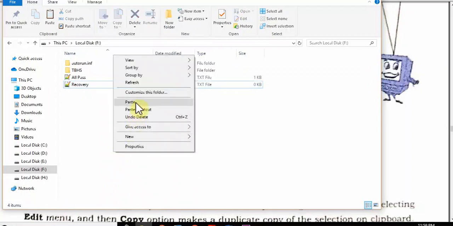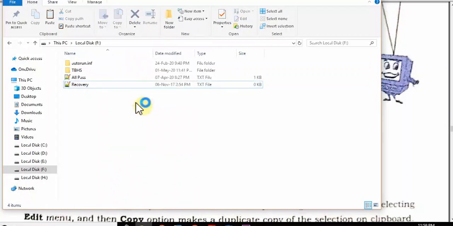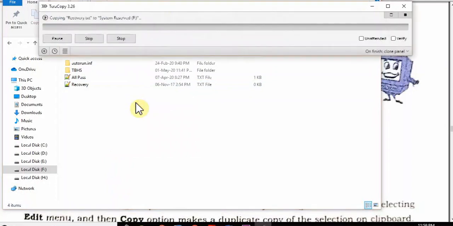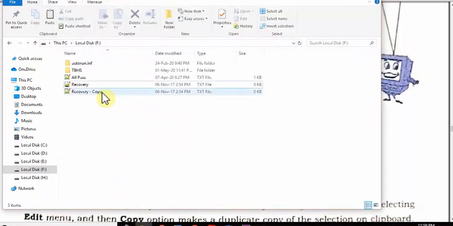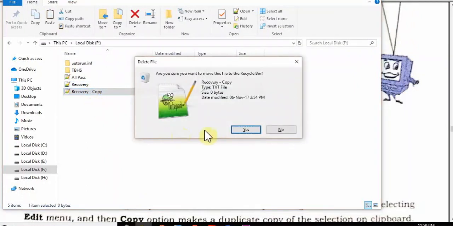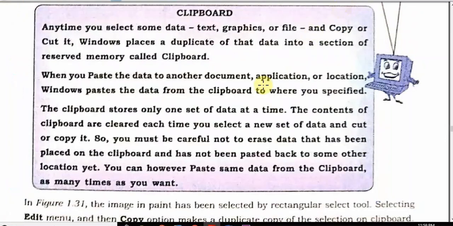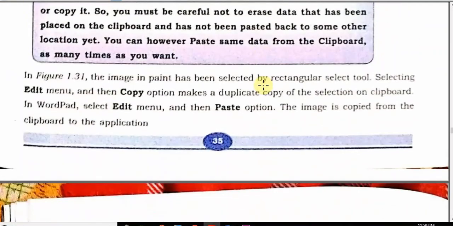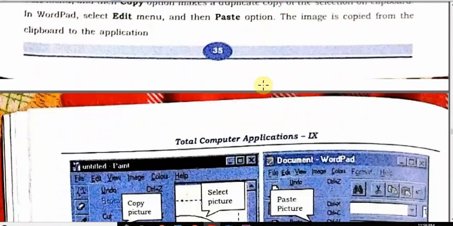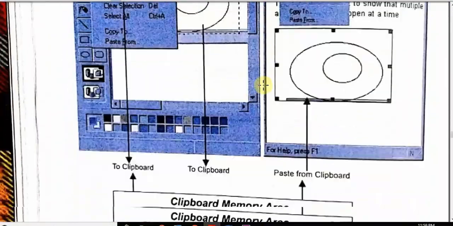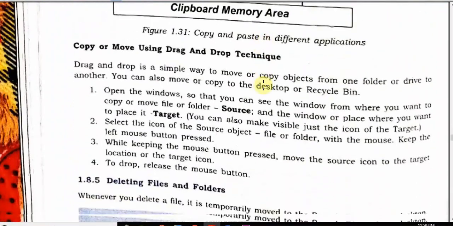Now I am doing the paste. So it is pasting from that particular clipboard. It means nothing goes direct. If you have copied the recovery file, it will be copied into the clipboard, and if you are pasting, then it is pasted from the clipboard area. So students, clipboard is a very important concept in the Windows system.